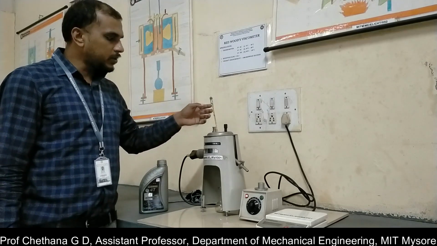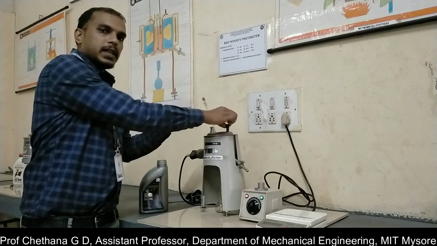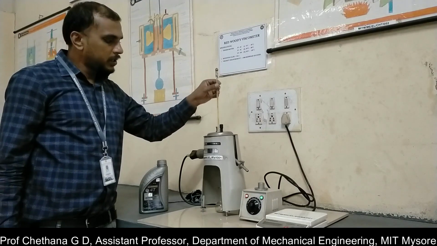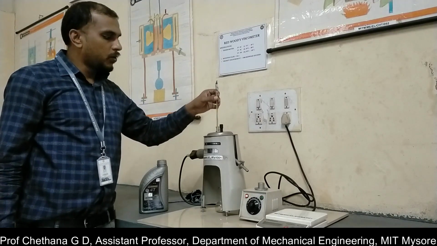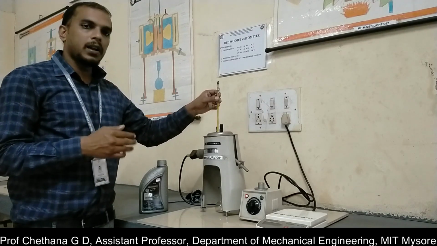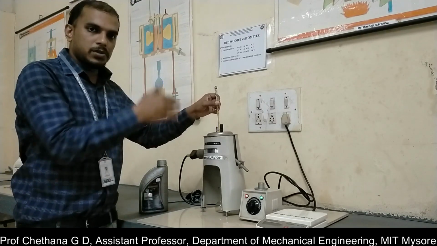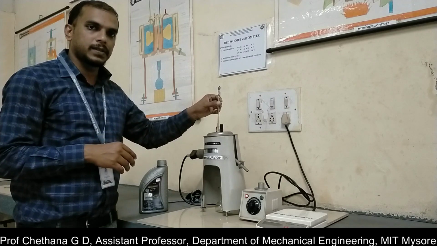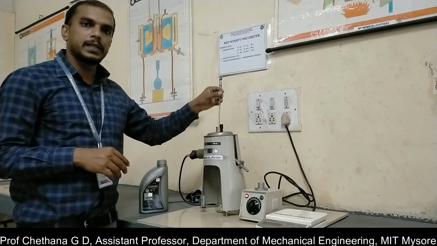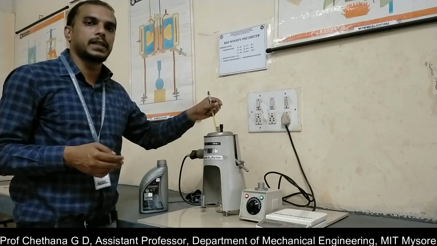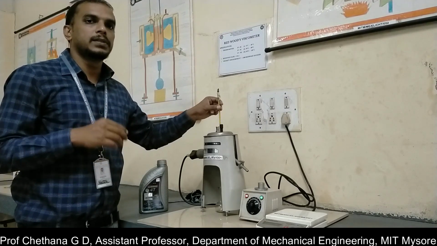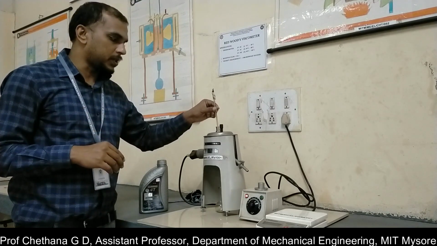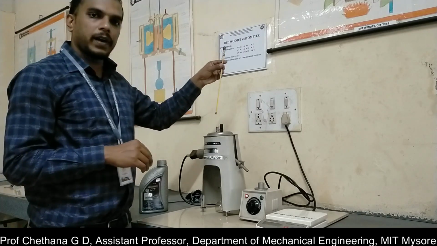Now we also have the stirring just to maintain the uniform temperature. Then we have a thermometer just to check the temperature. So we will repeat this procedure for different temperatures. Now we have switched on the experimental setup and switched on the heater, so the temperature is rising. We are doing it for 45 degrees centigrade. Then for every 5 degrees centigrade rise, we are repeating this experiment just to see the behavior of the oil with respect to temperature. Now the temperature is 45 degrees centigrade.